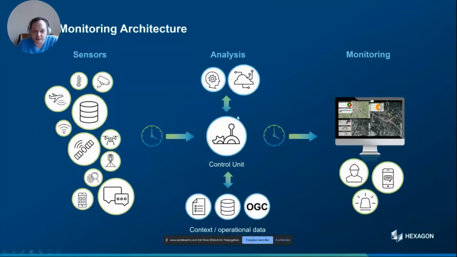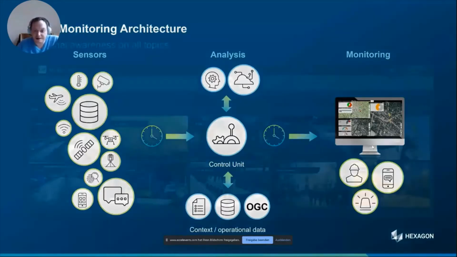Based on all the information we're getting from the sensors, but of course also the context from an operational perspective, we are able to create analytics based on it. So as a result, everything you have seen as a data input, using analytics, provides you a very smart monitoring solution for the different activities inside of your city.